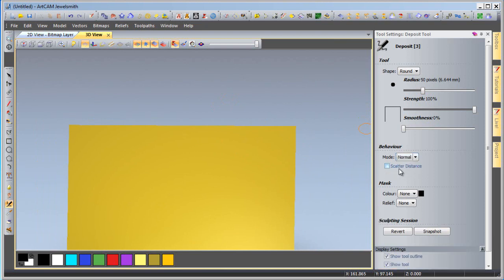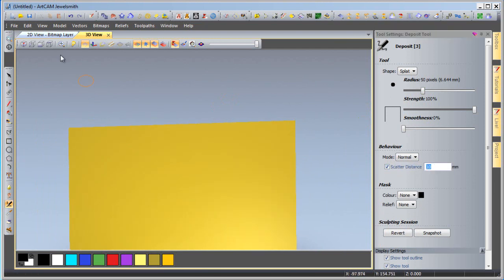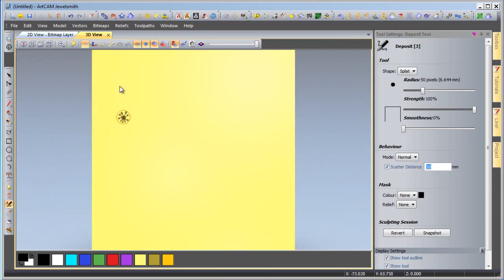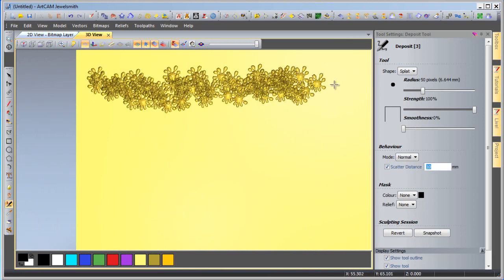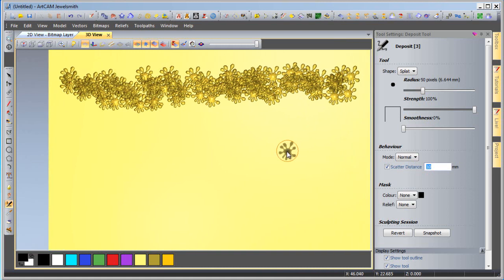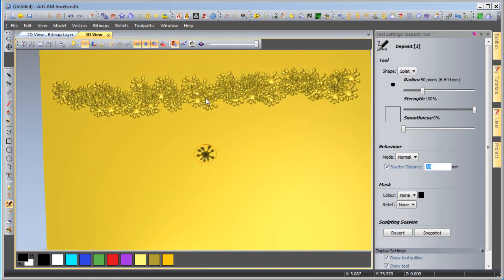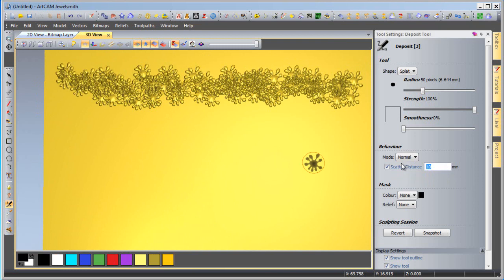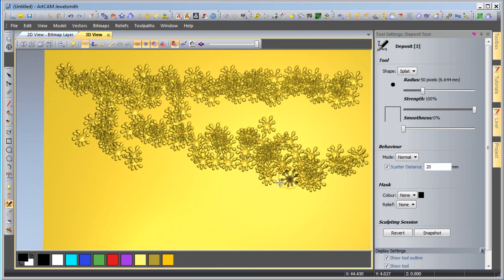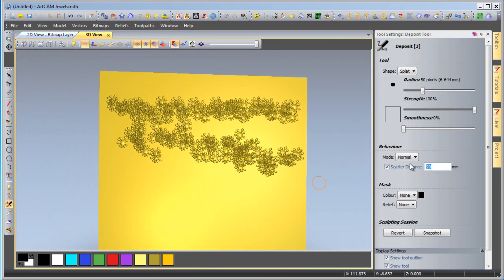So if I take a look at normal, use my splat, I can actually scatter this at a distance. So let's zoom in and let's just paint across. As you can see, it's scattering it with a distance of 10 millimeters. I can vary this to 20, for example, and we can see it spreads it out further. If I go up to 50, do it down the bottom,